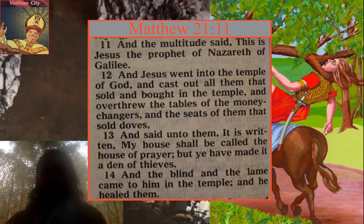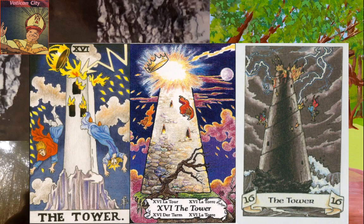Overthrew the tables of the money changers, like the fallen image, the moon eye, the left eye, the moon in the temple. Overthrew the tables of the money changers and the seats of them that sold doves, like false peace, peace, peace, but there is no peace. The Antichrist shall come as a man of peace. And the temple, the house of God, how I was talking about it, it's like yourself, the man and the woman, but also the spiral. It's also like the Tower of Babel, like breaking the language down. But that is the symbols. The symbol set. The symbol set, the donkey,